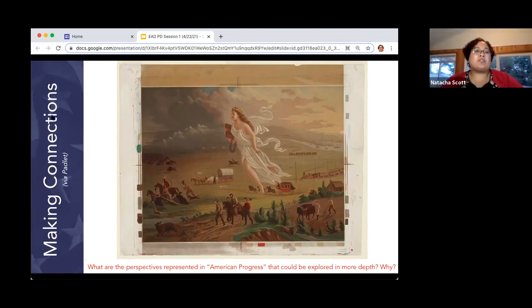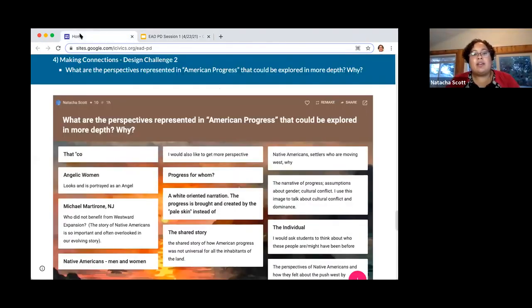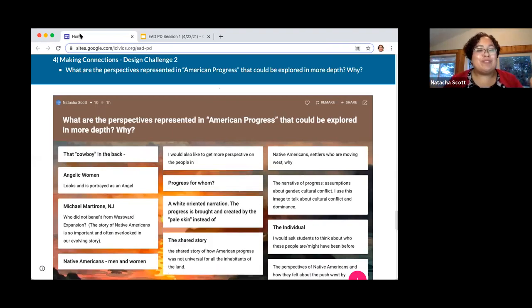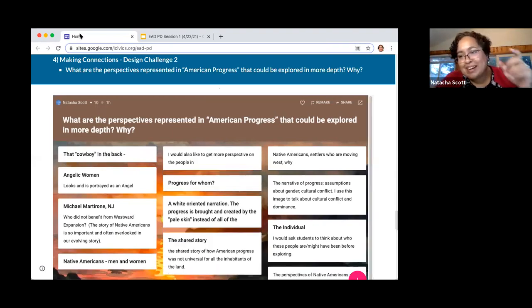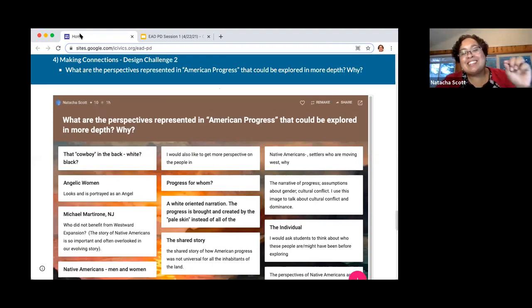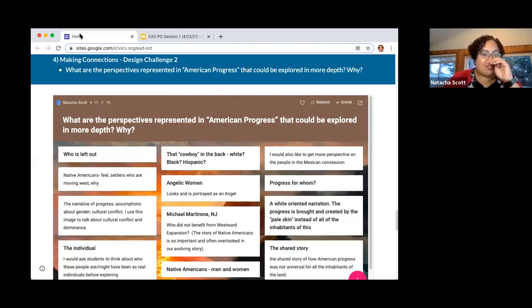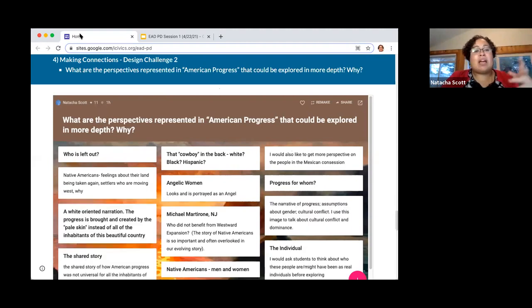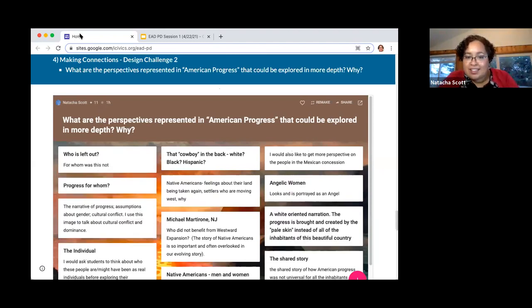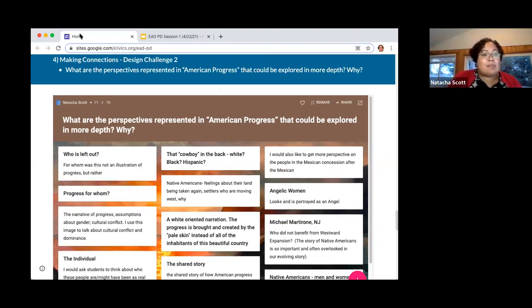Okay, I'm going to go back to our Padlet. Let's see how we're doing. Progress for whom? That's the first question that caught my mind. That captures this design challenge almost perfectly. Okay, so we have, if there's cowboys in the background, Black, Hispanic, Native Americans, feeling of their land being taken, again, settlers who are moving west. Thinking the progress being brought by pale skin, thinking about who is being left out, who isn't included in this